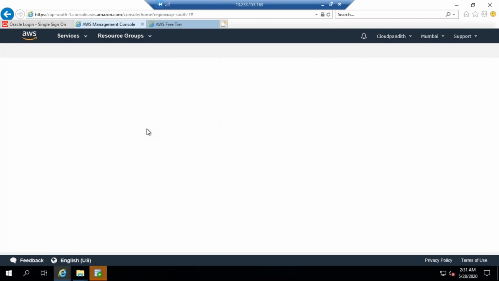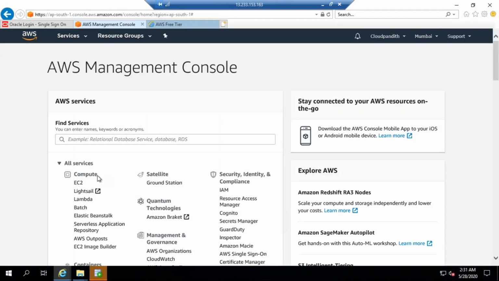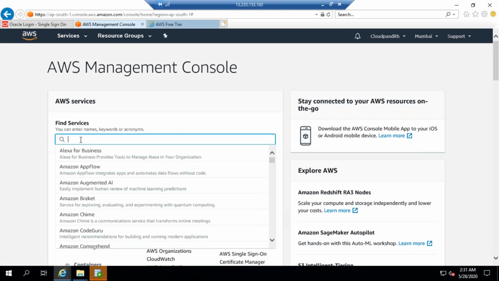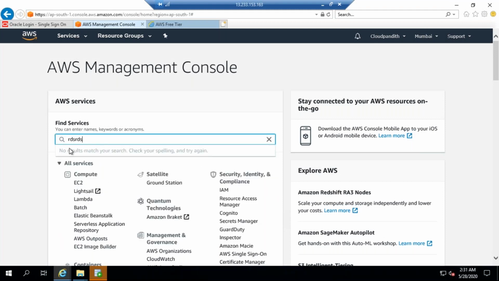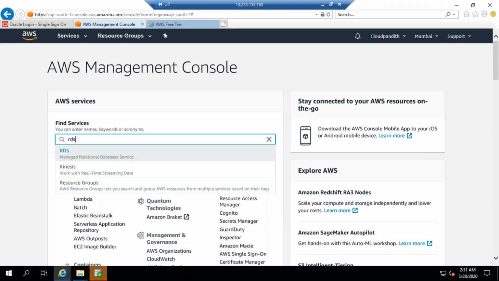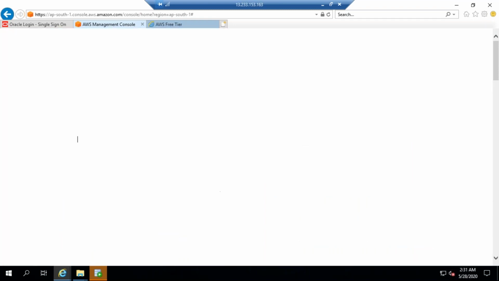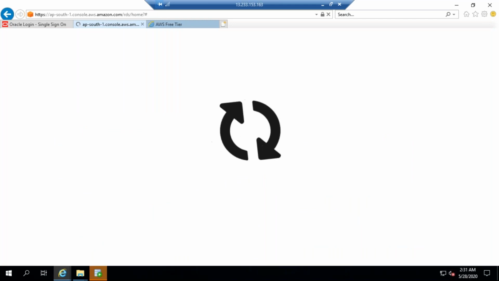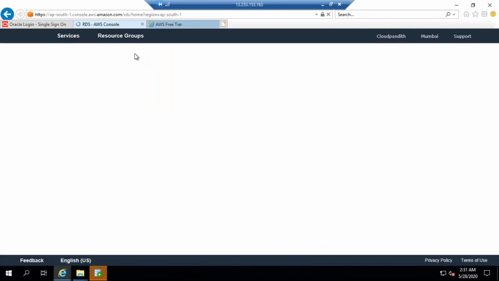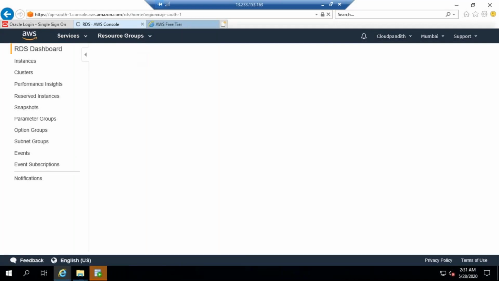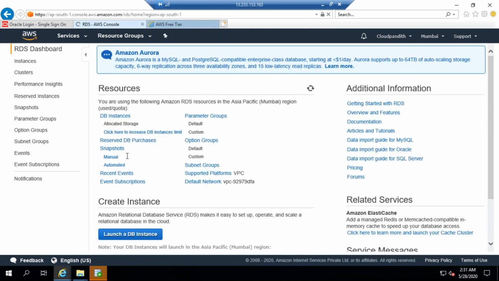Once you are in the console, you can open your Oracle DB because we need some details about your Oracle DB to connect, right? Click on DB instances.